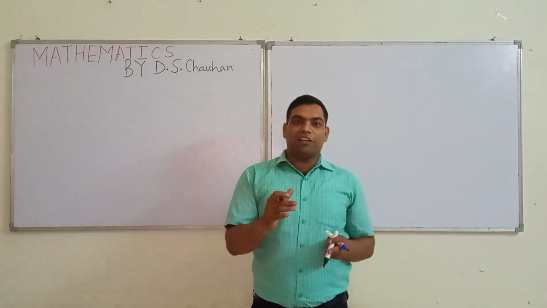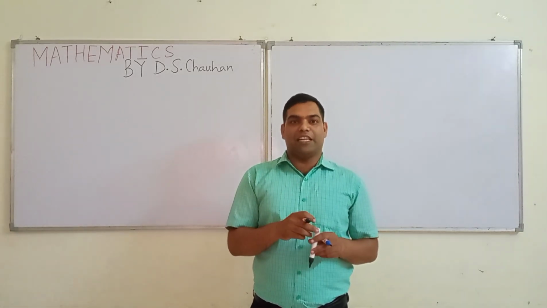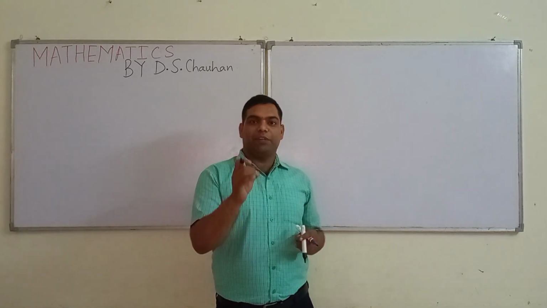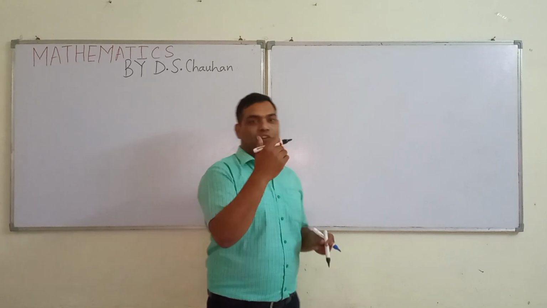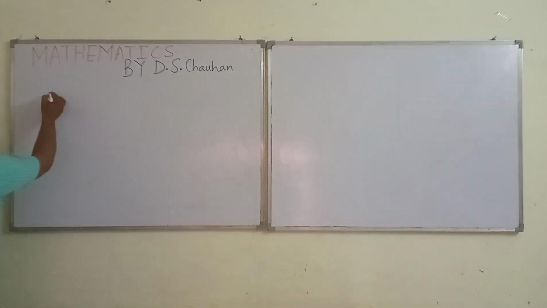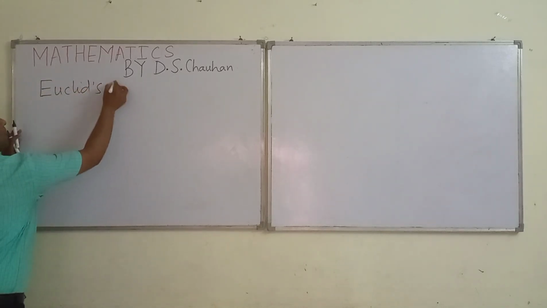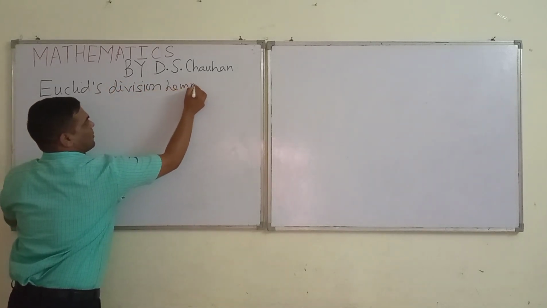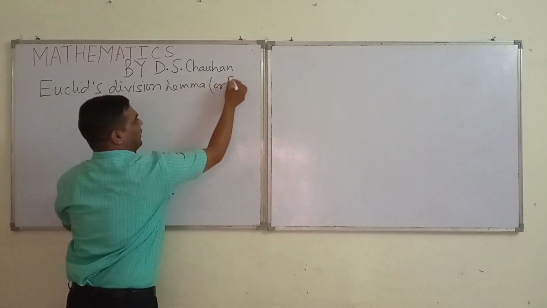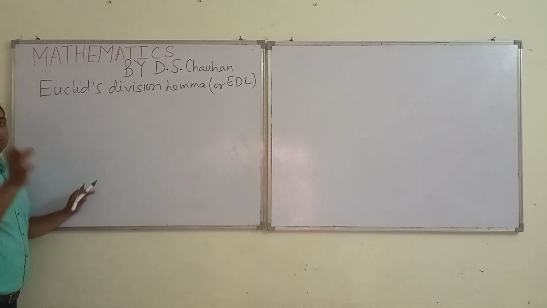Now students, today I am going to describe the second topic of the given syllabus of the chapter Real Numbers, that is Euclid's division lemma. All of you try to get this concept easily, stepwise. I am going to describe it in front of you. Students, now all of you look. The topic is Euclid's division lemma. Inside, students, we will write it as EDL.